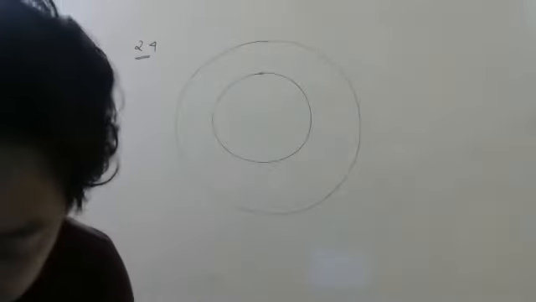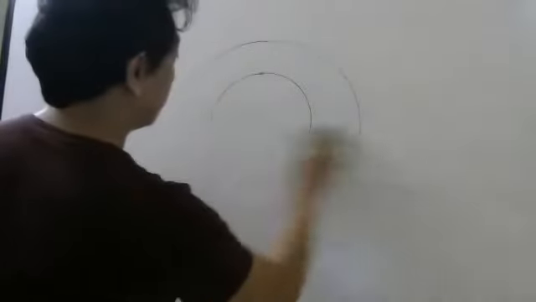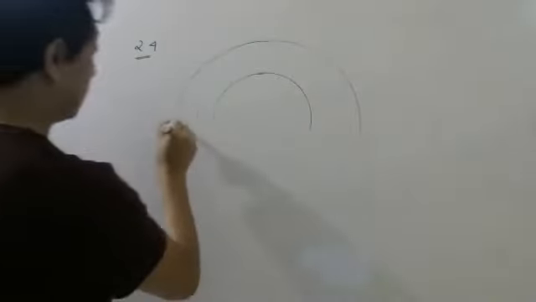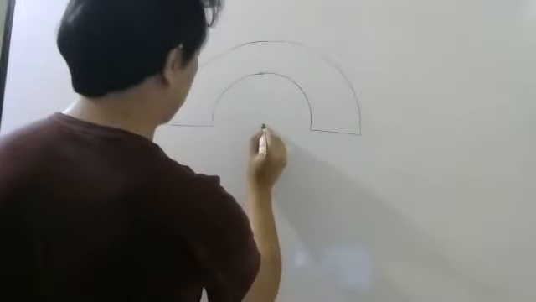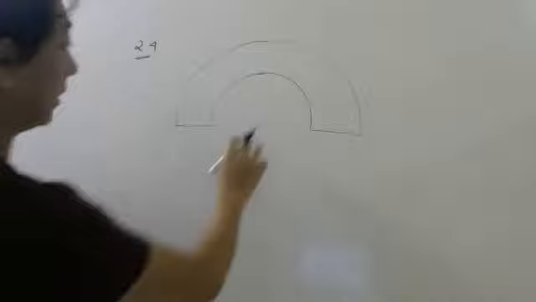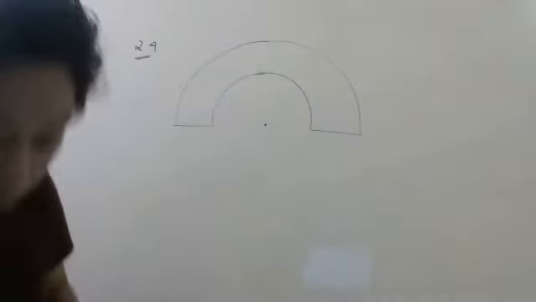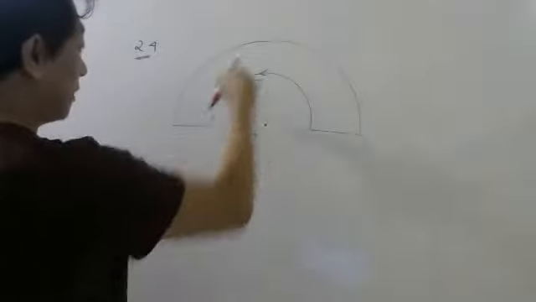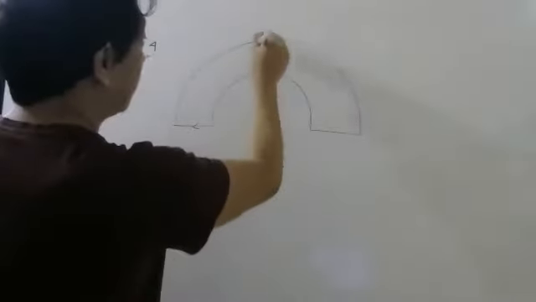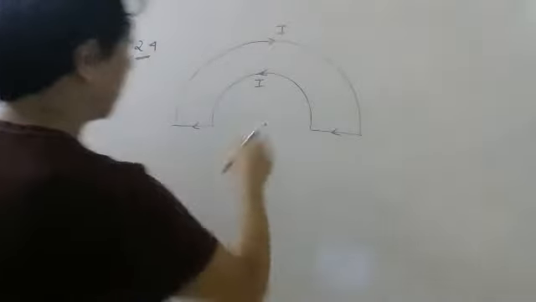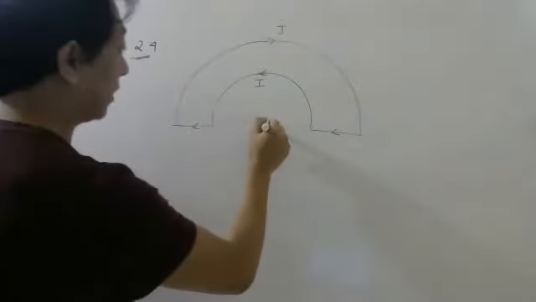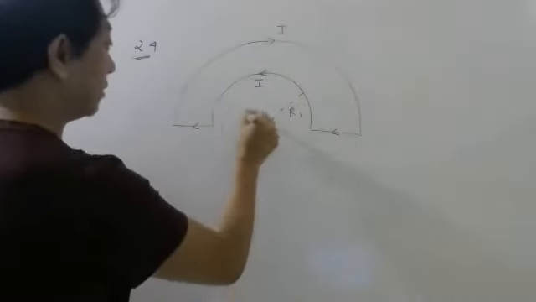Not like this, okay? Semicircular they have given. At the center, they want magnetic field. Now current is flowing in this direction. So if it goes like this, here it will go like this, then it will come here, right? So current is flowing like this. Okay, so this red color is showing the current. They want you to find magnetic field here. This one has radius R1. This one has radius R2.